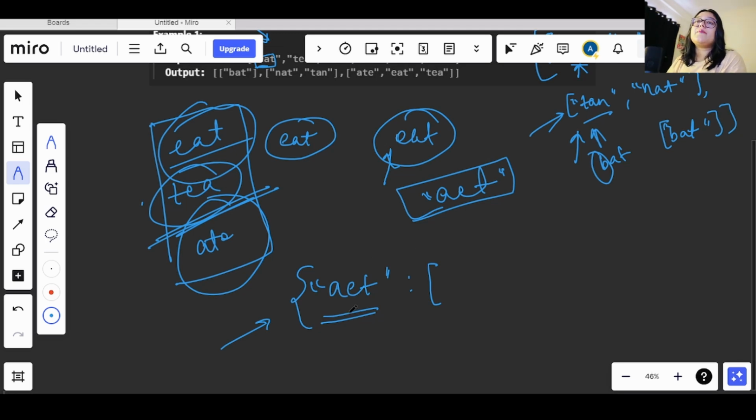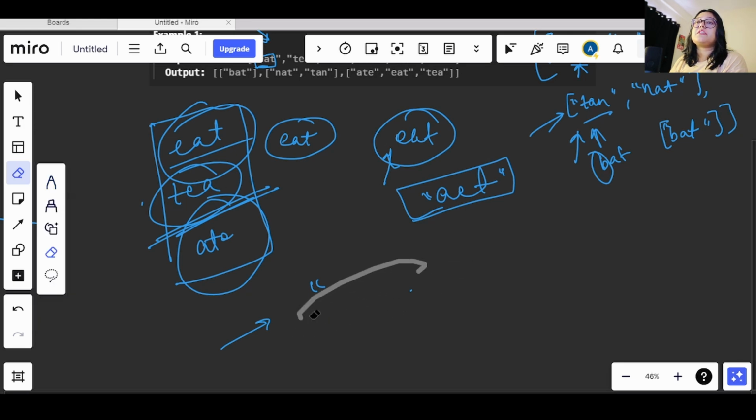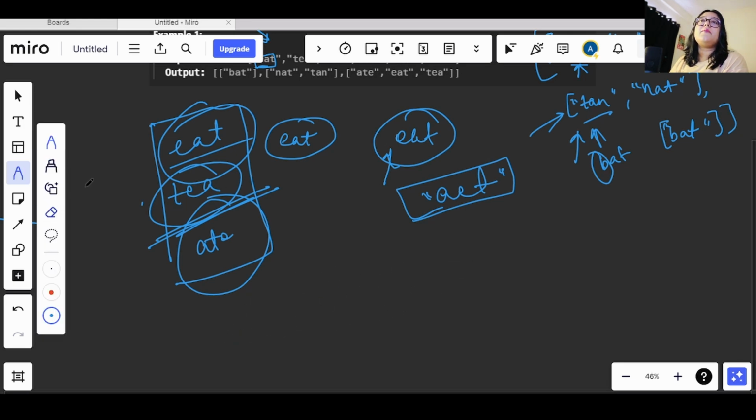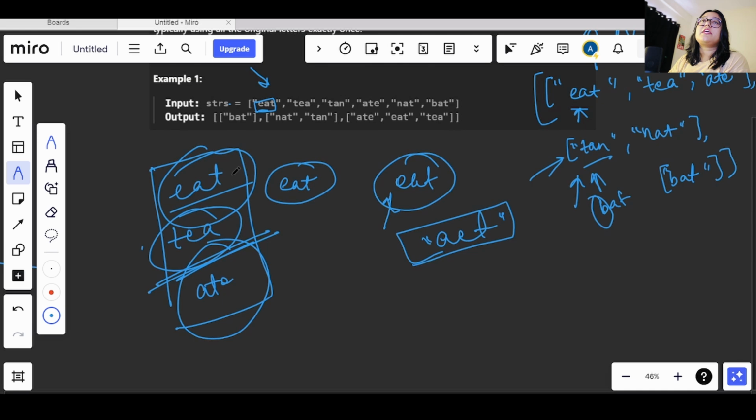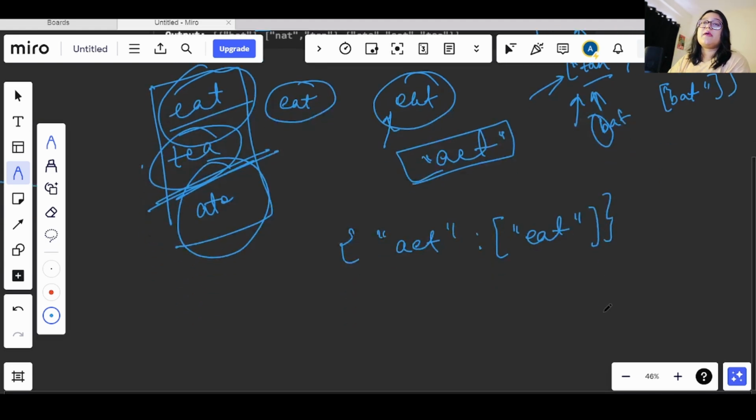So basically, right now I don't have any hash map, I am just initializing it. So when I am on the 0th index, I will check if this is in my hash map or not. It is not there. So I will take the sorted characters string and I will create it as a key. Now in my value, I will be storing it. Okay. So now I have it here, and this is my hash map.